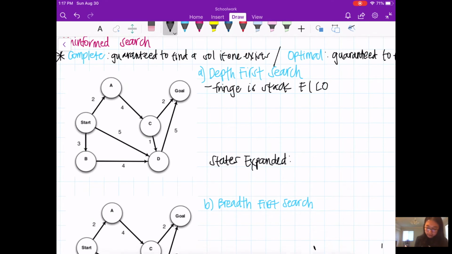The first node we're going to look at is start, because that is our starting point, and remember we're going to keep going until we get to the goal.